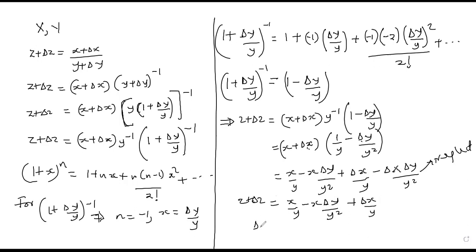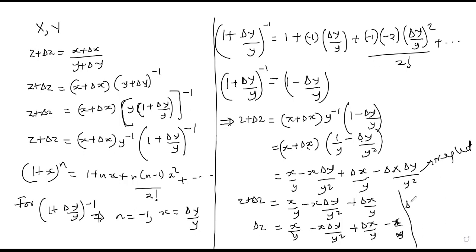But if we need delta z only, we shall subtract z, which was x over y. These ones cancel, x over y will cancel with this x over y, so that we shall be left with